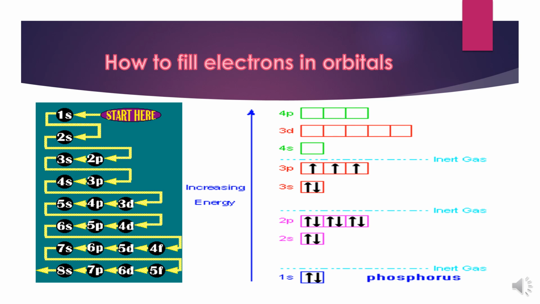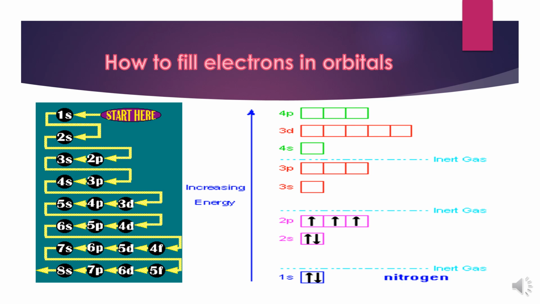Then the next 6 electrons will enter 3p, and here the 3p subshell will get complete, or you can say the third level containing 3s and 3p will be fulfilled, and here the next noble gas, argon, arrives. So in this way you can see how the electrons occupy orbitals.